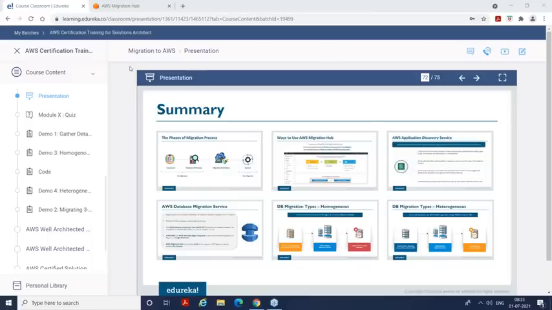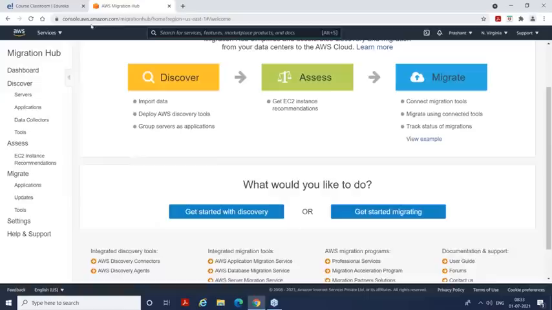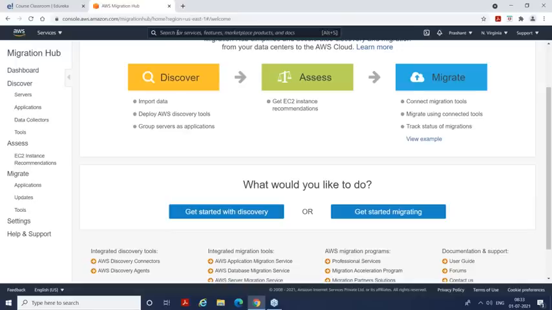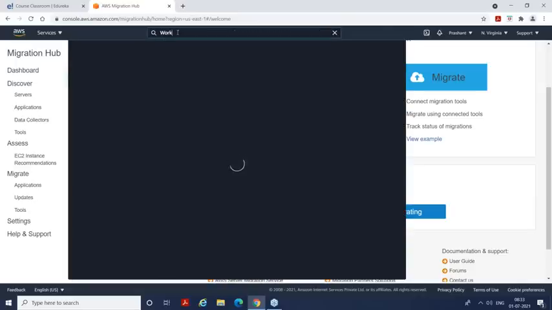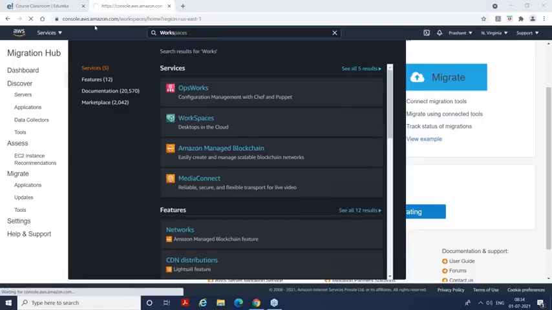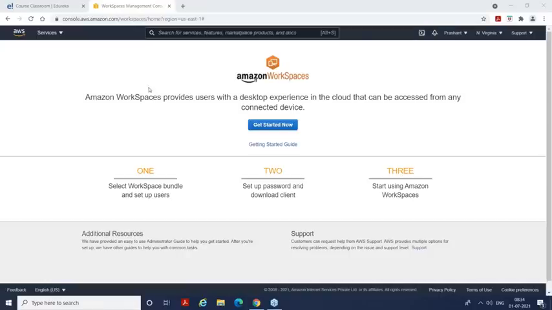Only server OS are in AWS, not client OS like your Mac and Windows 10. See, there is a service for that also. If you're looking for something like your Citrix kind of environment, right? Then you have something called as workspace. In AWS, there is a service called as workspace, right?